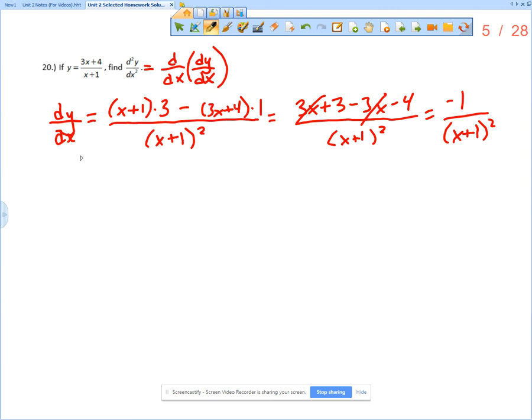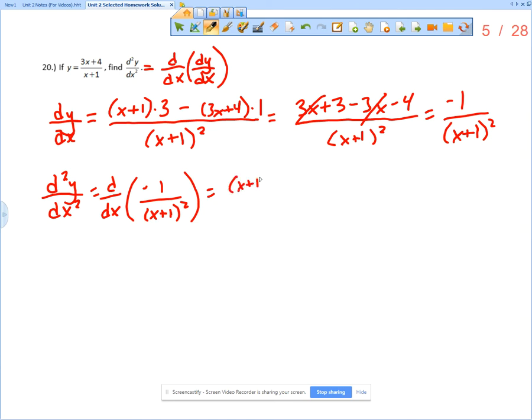All right, so now I'm ready to take the second derivative. All right, so the second derivative, d squared y dx squared, once again, remember, is the derivative with respect to x of dy dx. And dy dx is negative 1 over (x plus 1) quantity squared. And so now, once again, I'm going to use the quotient rule. All right, so quotient rule says take the denominator, (x plus 1) quantity squared, times the derivative of the numerator. Derivative of negative 1, remember that's a constant, is 0, minus the numerator, which is negative 1, times the derivative